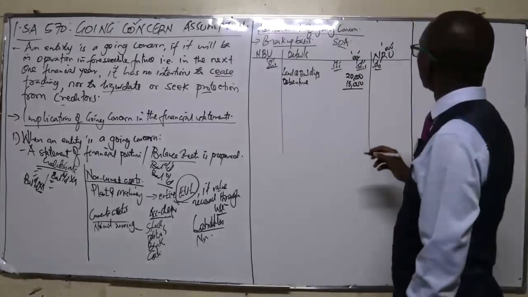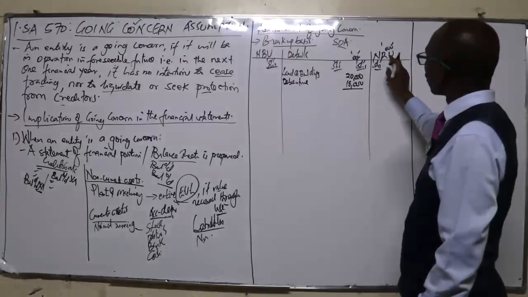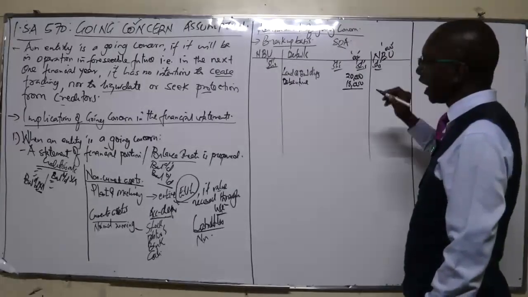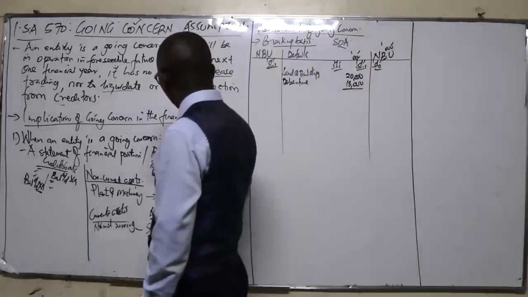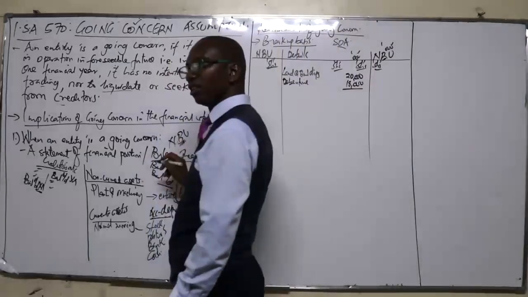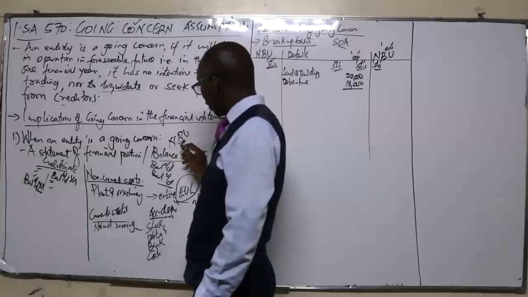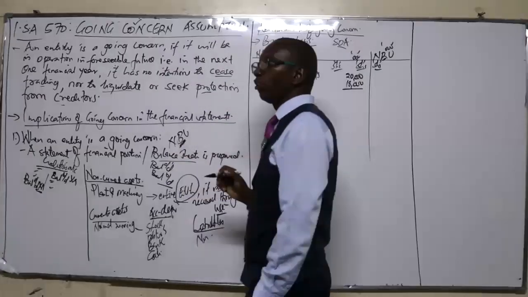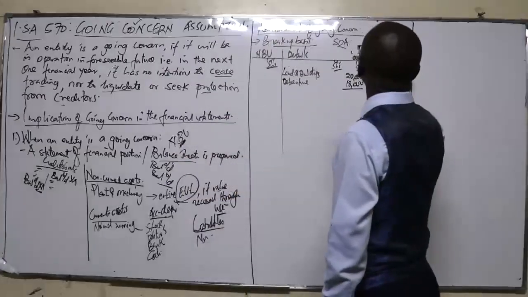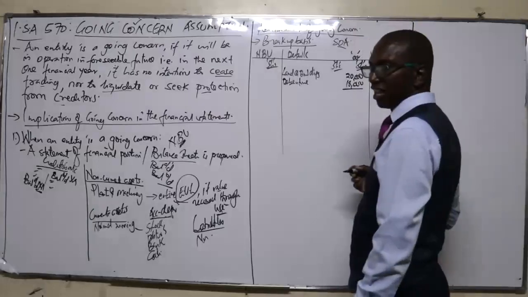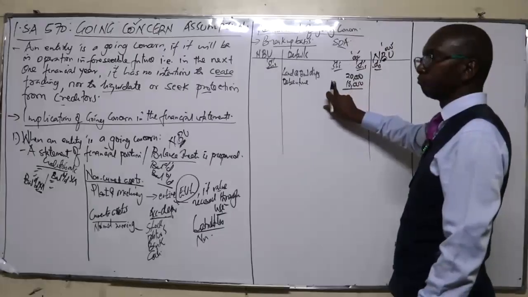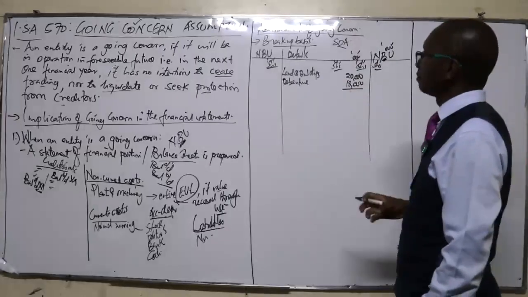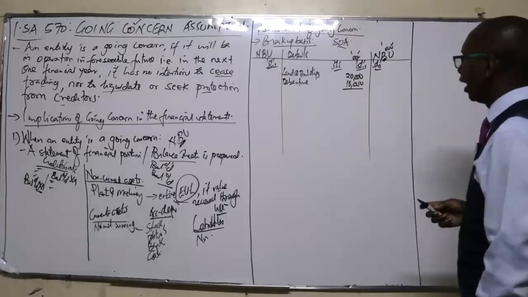It means if we sell that land, net realizable value. Check this, net realizable value, unlike in the balance sheet where we record the net book values. When an entity is a going concern, we record the net book values. When going concern ceases to be, we record net realizable values. How much can we realize? Since this asset has been taken up as a fixed charge,